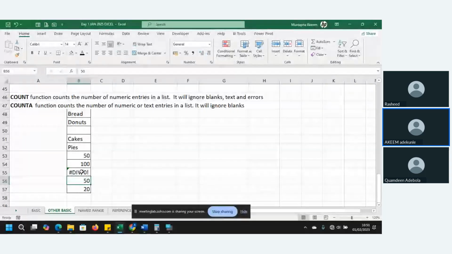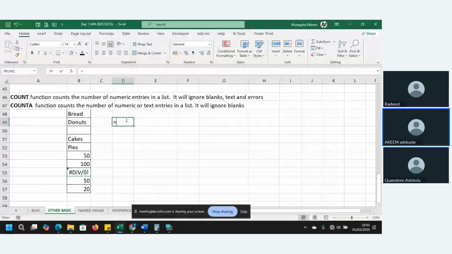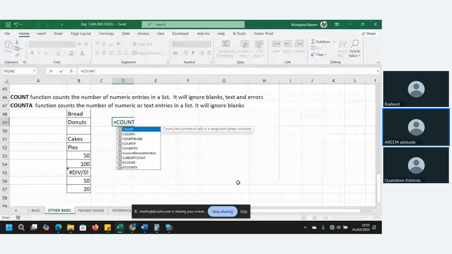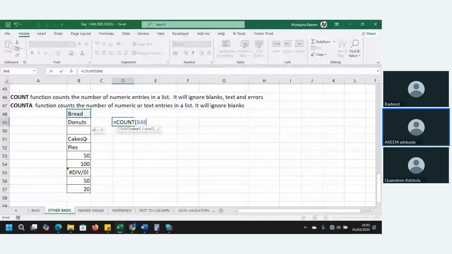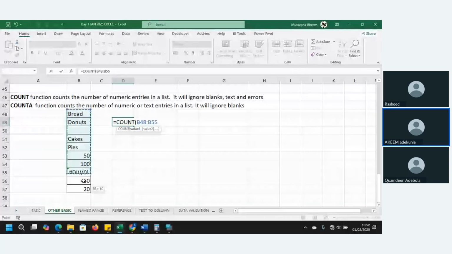Now let's use the count function and see what we're going to get. Equals COUNT, then use your tab to open the bracket, put all the cells in place, and close the bracket. I'm going to hit enter. We got 4. Why do we get 4?